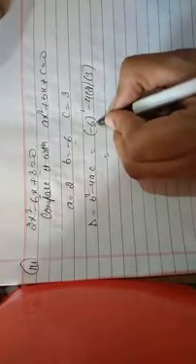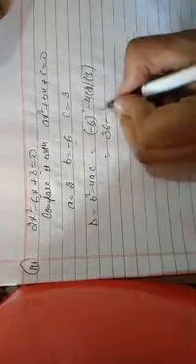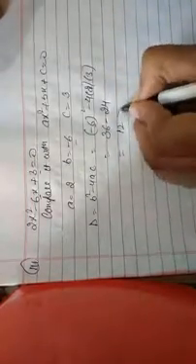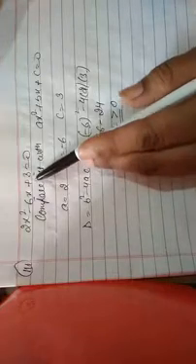Now firstly find the discriminant. Discriminant means b square minus 4ac. b is minus 6 whole square. 4a is 2, c is 3. Minus 6 square means minus 6 multiplied by minus 6, that is 36. 2 4s are 8, 8 3s are 24. 36 minus 24 is 12, which is also greater than 0. The nature of roots means that this quadratic equation has two distinct real roots. Now the quadratic equation has real and distinct roots.